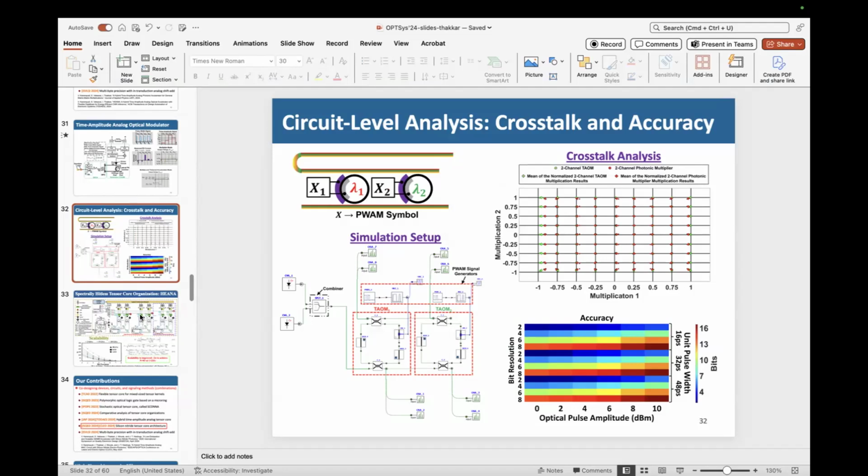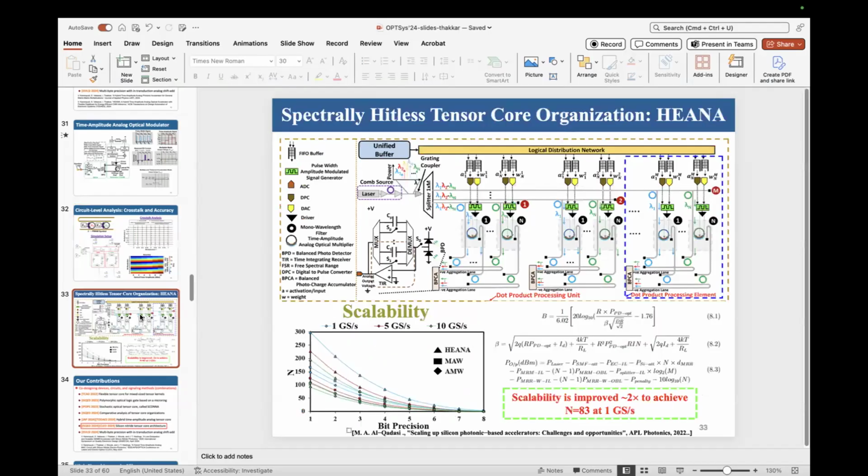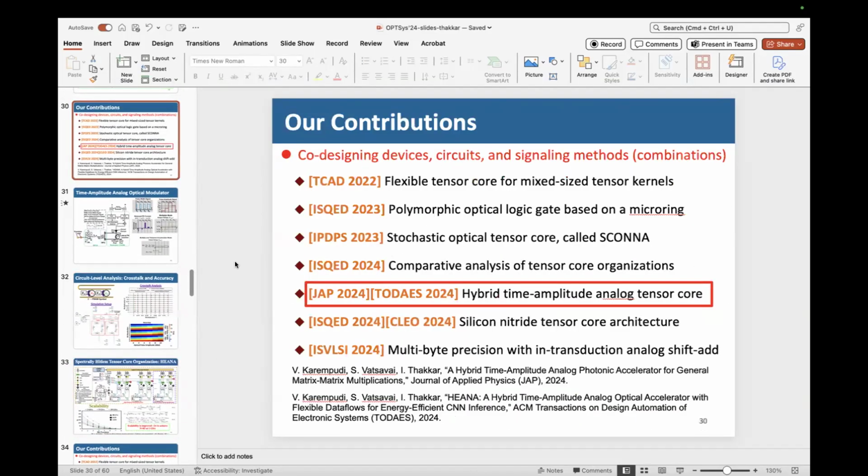But if you can create spectrally hitless operation, this can operate at 1 giga samples per second. And we have the system-level results. I've not included them here, but you're welcome to look at the publication that I put there. So it can be accurate. We have not done more than 4-bit